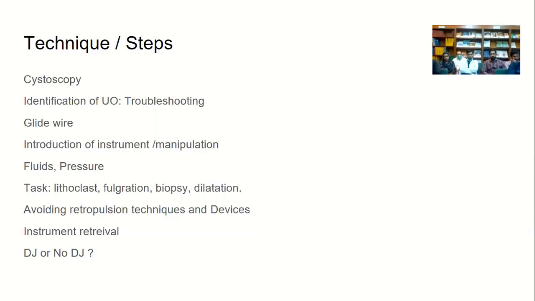It is carried up to the level of the stone. Then the ureteric catheter is ascended over it. After that, the glide wire is replaced by the guide wire, because the glide wire is slippery in nature and is mostly dislodged during the instrumentation. Then the ureteroscope is ascended with the aid of the guide wire. During this, the pressure of the fluid should be managed so that the stone is not retropulsed.